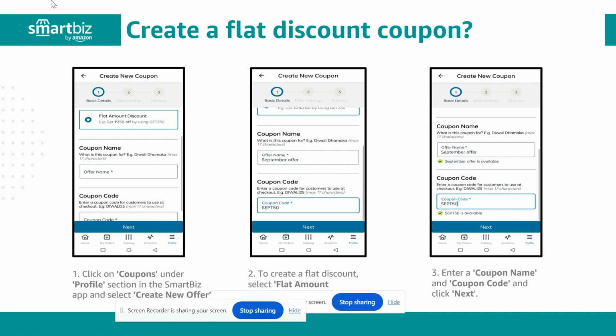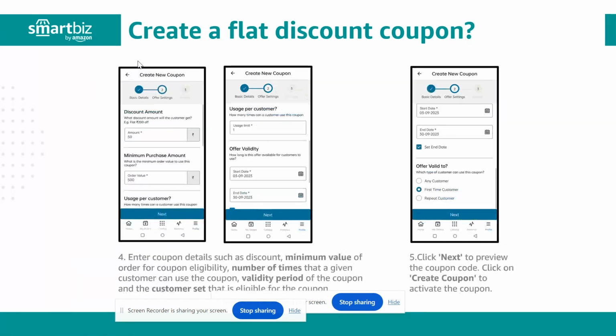वी विल क्रिएट कूपन नेम एंड कूपन कोड, सिमिलरली जैसे हमने परसेंटेज डिस्काउंट कूपन पे किया था। उसके बाद वंस दिस इज डन हम प्रीव्यू करेंगे, एंड इसमें भी फिर हम डिस्काउंट अमाउंट डालेंगे। सो फॉर एग्जांपल मिनिमम परचेज पे हमें कितना डिस्काउंट देना है, 500 की परचेज पे हमें 50 अमाउंट का डिस्काउंट देना है, तो वो एंटर करेंगे।